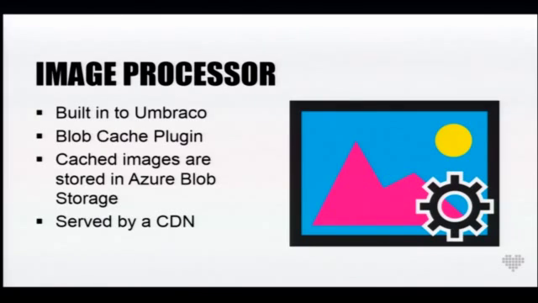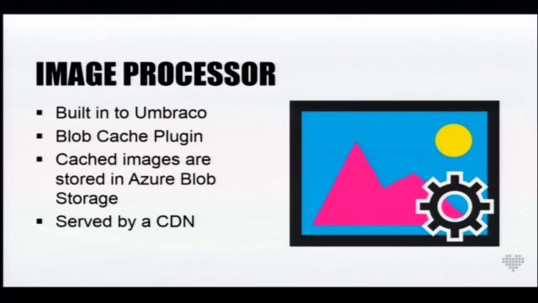As you're probably all aware, the image processor gets bundled with Umbraco these days. It's a really great tool for cropping. So we leveraged that, and we used the blob cache plugin that James South has also written, which means that we can cache the images that have been cropped. So that means that they don't need to be resized again. And we can also store these in the blob, which is then served by a CDN. So that makes it a lot